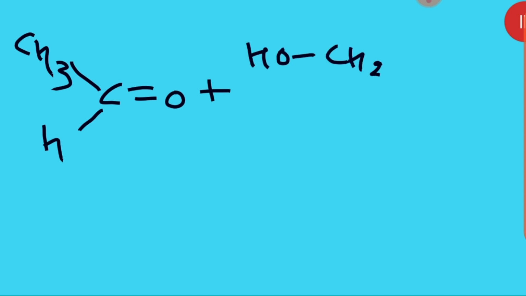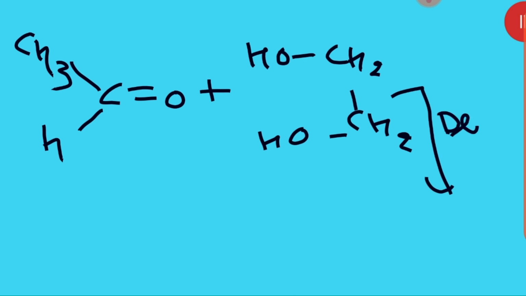Then after that, students, one more thing: we can also prepare the cyclic acetal. For the preparation of cyclic acetal, we have to use ethylene glycol, means dihydric alcohol. Suppose I am writing this, CHO plus HO-CH2-CH2-OH. This is ethylene glycol, in the presence of dry HCl gas. Then what are we getting in this case? You must see, all of you.